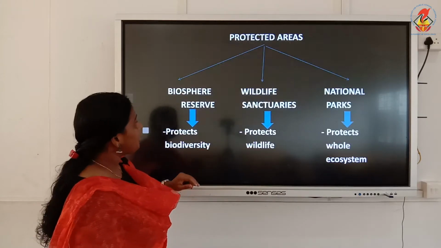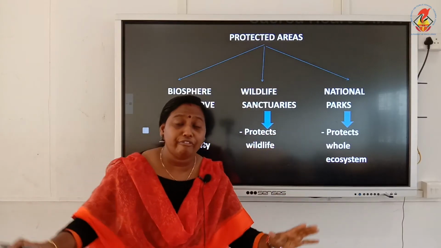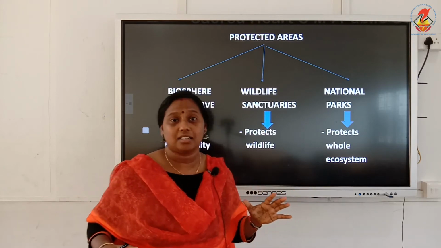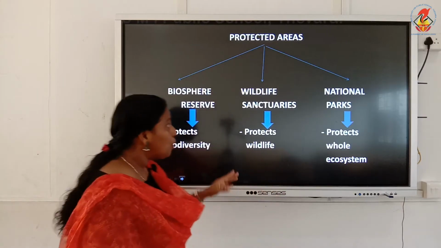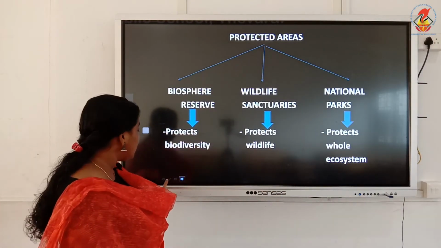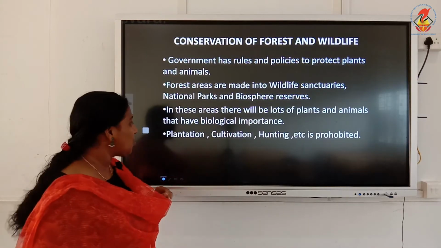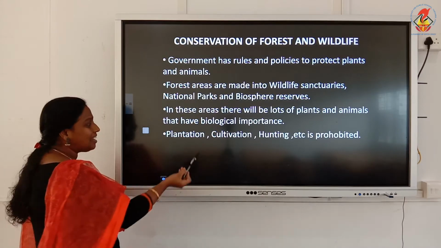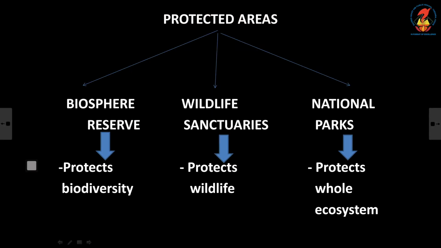What are the 3 regions? The 3 regions are Biosphere Reserves, Wildlife Sanctuaries and National Parks. So, the whole forest protected areas are classified into Biosphere Reserves, Wildlife Sanctuaries and National Parks. Now, in order to give more protection to these 3 areas, our government is doing something there. What is being done there? The processes like plantation, cultivation,